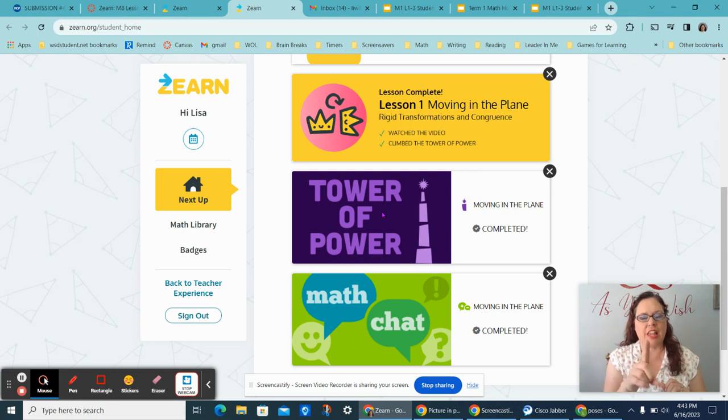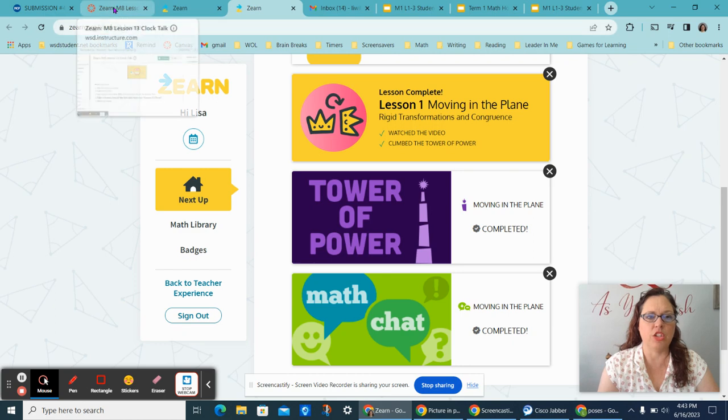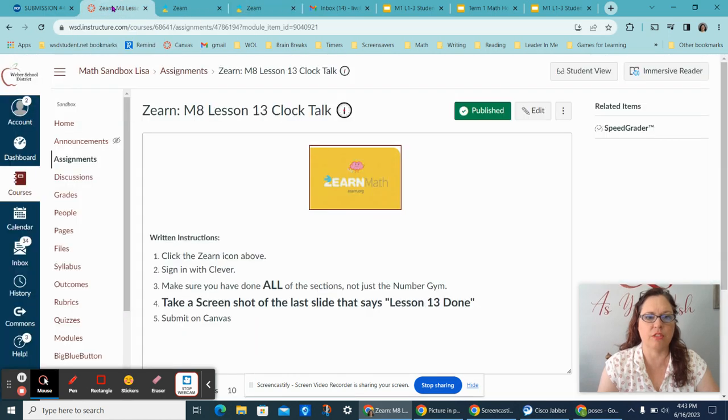Before you click done though, make sure you take a screenshot of that certificate that says lesson done. And then after you take a screenshot, you will upload that to Canvas. If you can't remember how to take a screenshot, watch the screenshot tutorial video. But all you'll do is you'll go back up here to your Zearn,